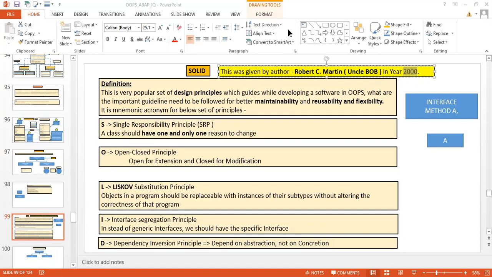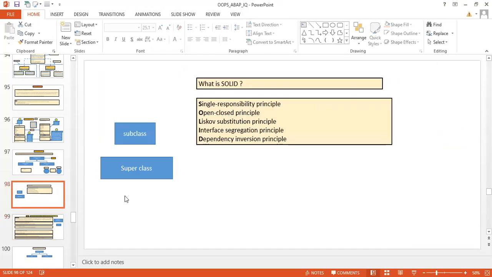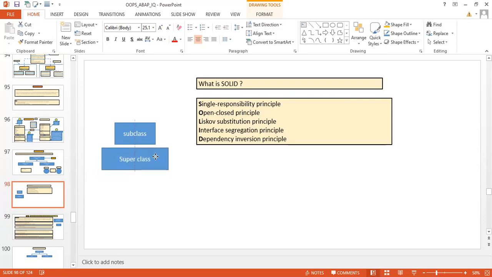Yeah, hello Pankaj. Just about the subclass and superclass. Can you open the slide, please? Liskov substitution, right? Yes. I am just confused about it. Suppose I want the refill method in one of the subclasses.